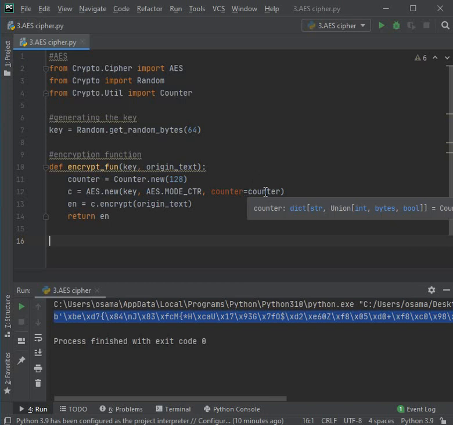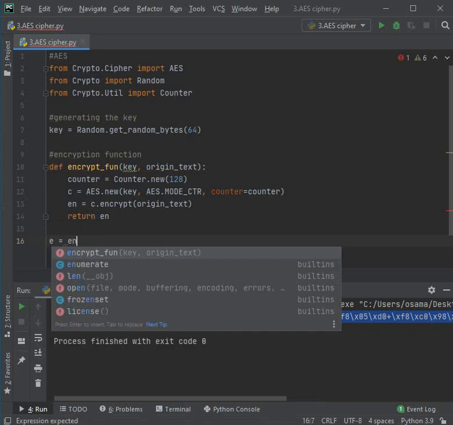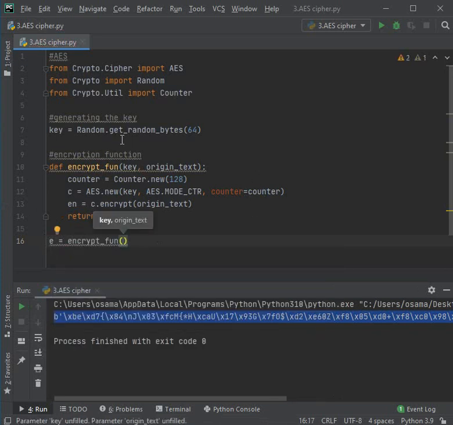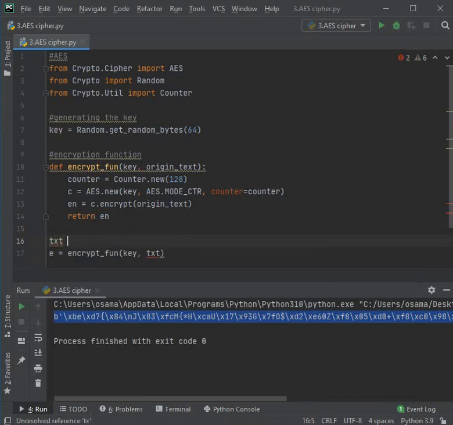Let's call this function, and because the function return a variable, you should create a variable to receive this returned value. Here is the encrypt function. This function take the key we do before, and also take the text. So I forgot to create a text. Let's type www.google.com,